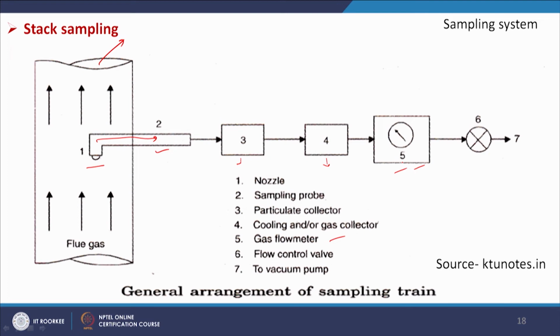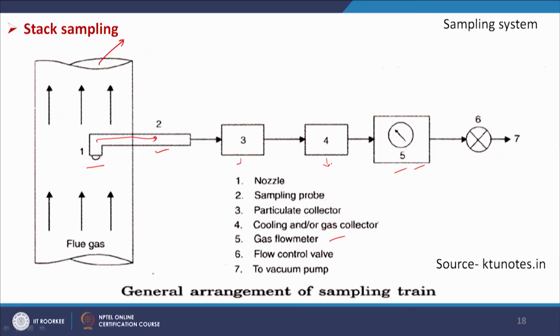So, we know how much gas is going out and how much particulate is collected. That way we can calculate the particulate matter concentration, and we can directly get a sample here, or we can apply any methods which we have discussed for the collection of gas samples, maybe absorbed in liquid or adsorbed on solid, or direct sampling we can take, and then we will get the volumetric flow rate of the outlet gas, and one will be the control valve that will maintain the flow rate. So, these are the devices or the process which is used for stack